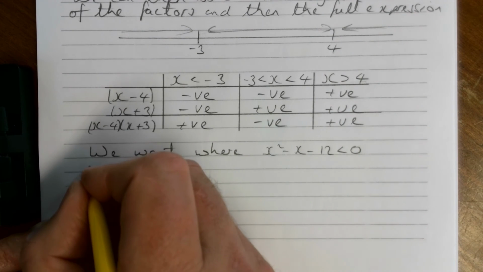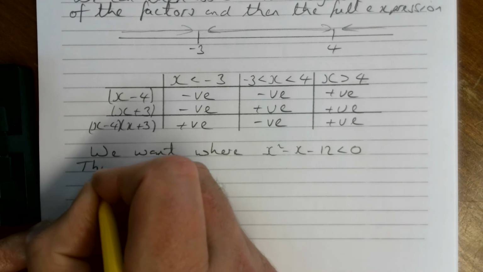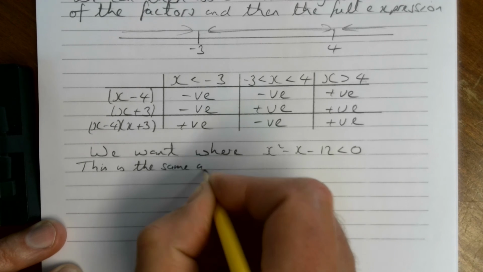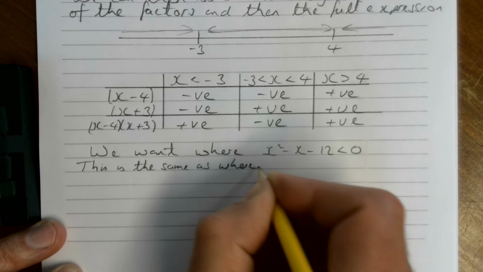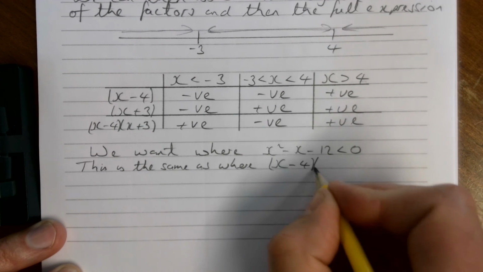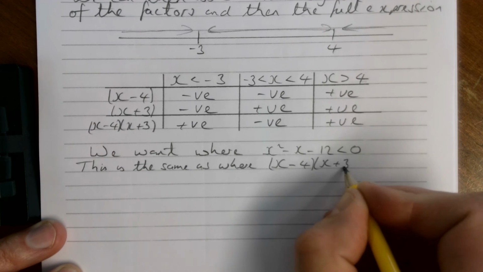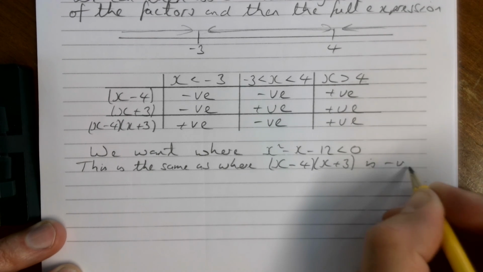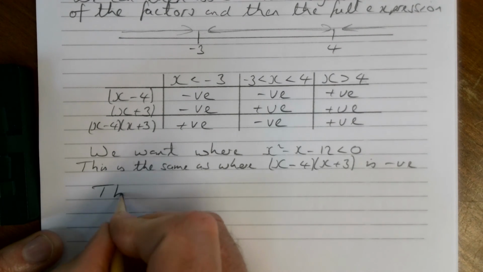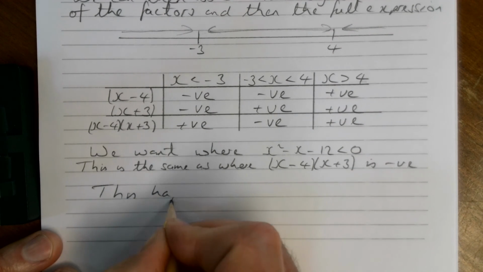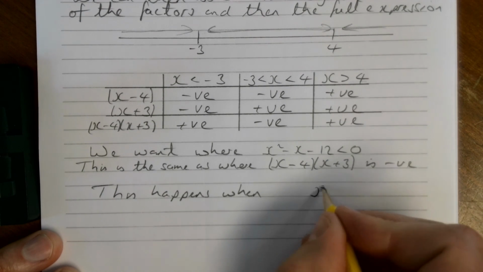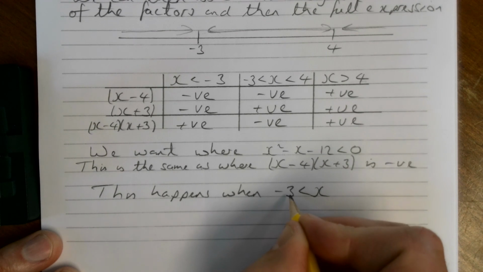This is the same as where x minus 4 times x plus 3 is negative. This happens when x is in between -3